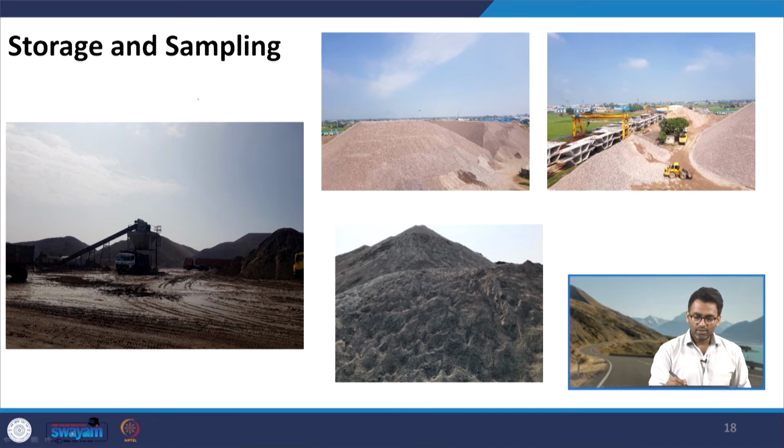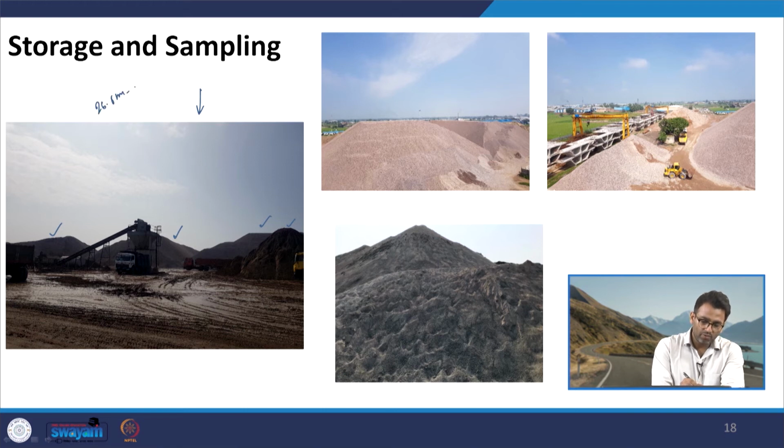So, these are some pictures taken from different plants. You can see mountain type structures here. These mountain type structures comprise aggregates of some narrow size ranges. For example, typically, let us say if you talk about a hot mix plant, we can have stockpiles which are, say,